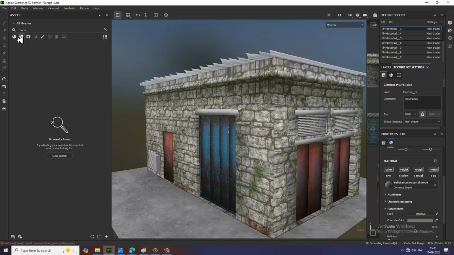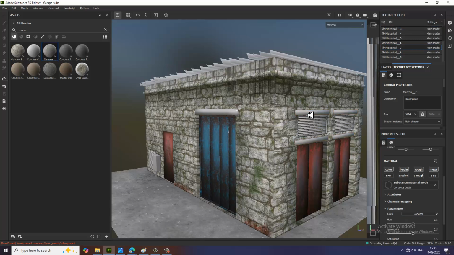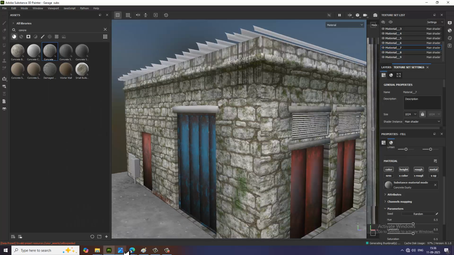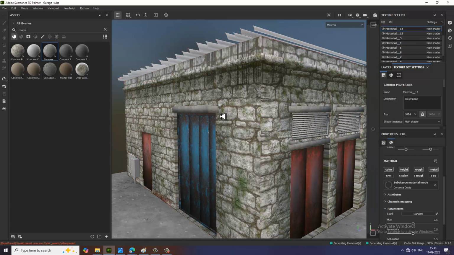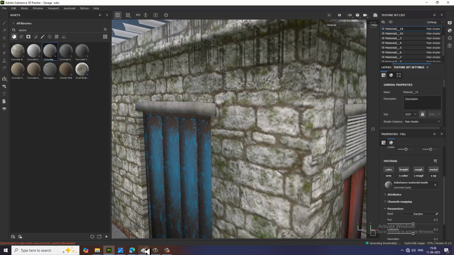I'll just type the texture. I'll go into this and let's assign this texture over here. Once you have assigned it, I think that's the same texture. We can assign it over here as well. That looks good now. Let's go to the top over here,